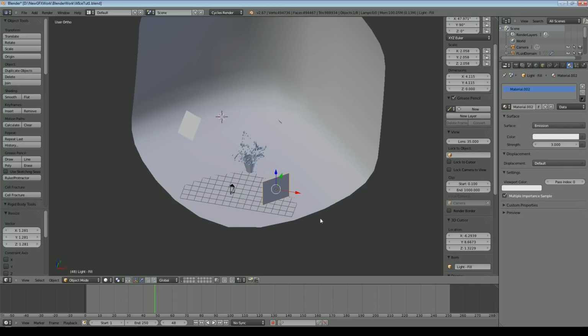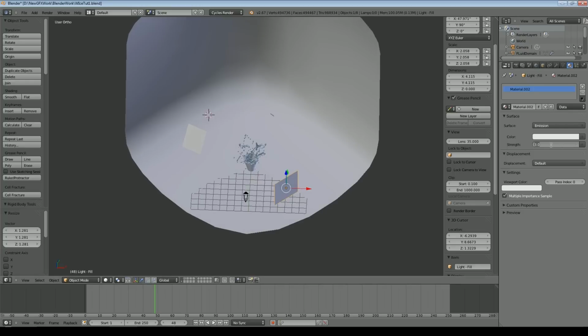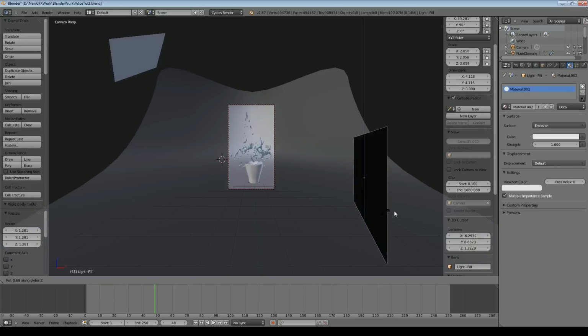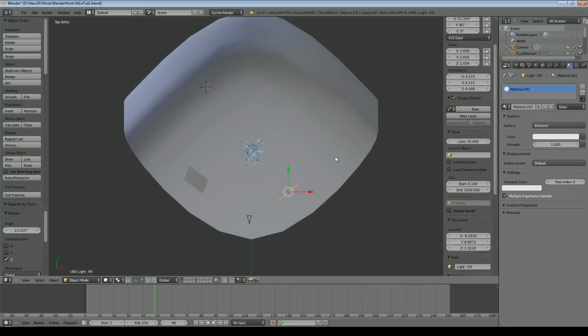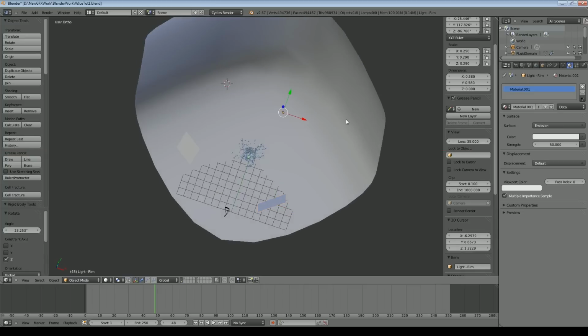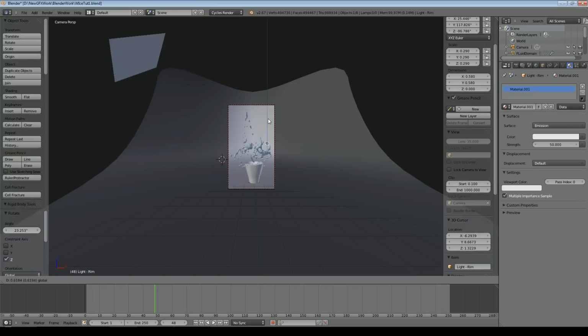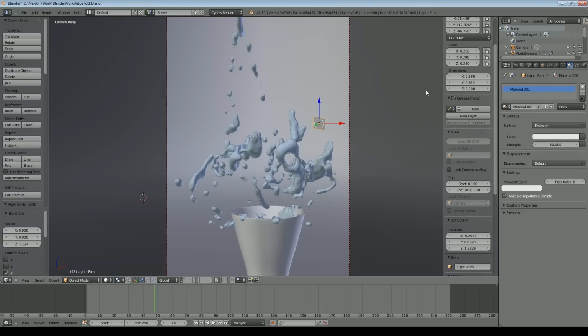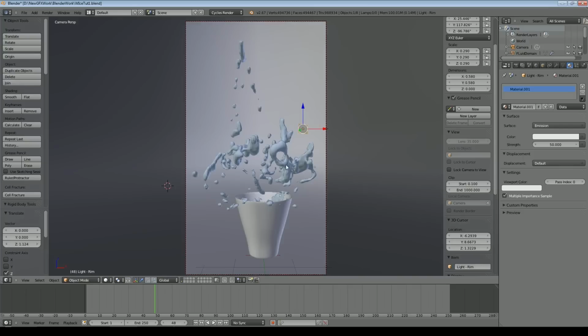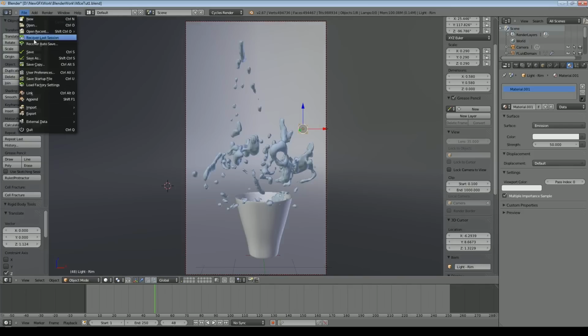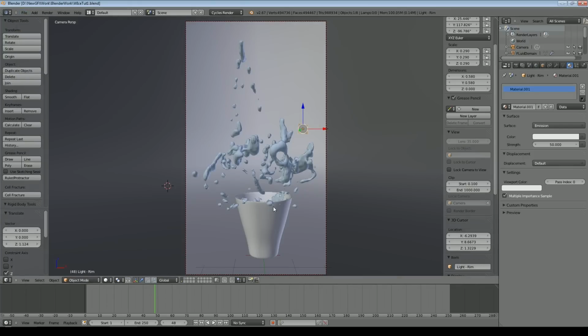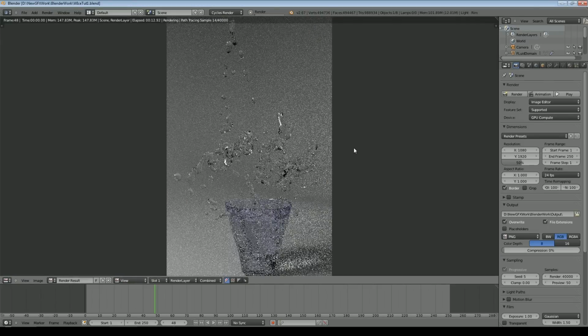So typically this is quite large but also quite dim, so I'll take this down to about 1 for the moment and rotate it on the Z just to make sure it's facing the right way. And I'll just go back and select this one, because this is actually quite an important one for a scene like this, because it's going to give some light on the background, or some variation of light and shadow on the background, but it's also going to pick out some of the water. There's a lot more vertices, so it may take a little bit longer to render now, but let's have a look. It's starting to work.